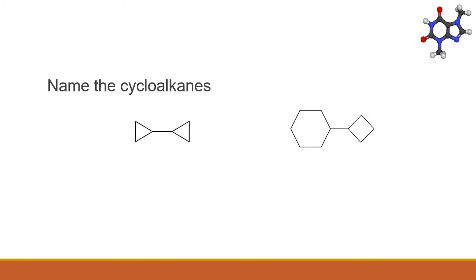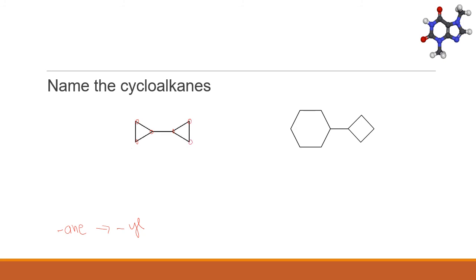Let's try naming these 2 cycloalkanes. If there are 2 cycloalkanes bonded to each other, the cycloalkane with more carbons is the parent chain. Naming cycloalkanes as side chains is similar to how alkane groups become alkyl groups when they are side chains. We simply change the suffix from ane to il. So in this first structure, we have a cycloalkane that has 3 carbons attached to another cycloalkane also with